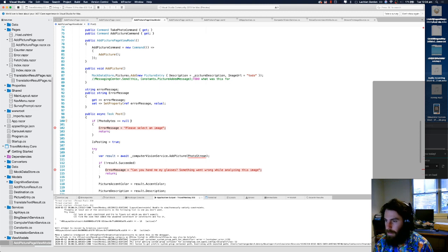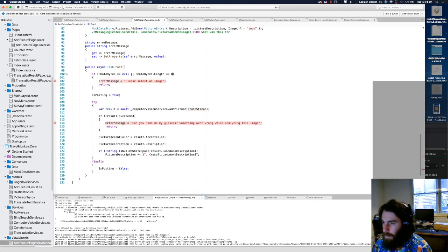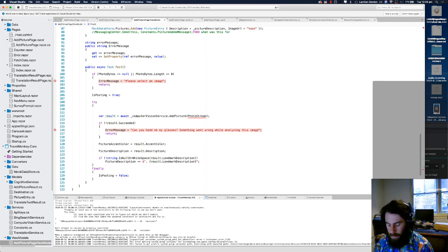I think it would be empty. Or photo bytes dot length equals 0. Now I need a stream out of my byte array. Stream equals